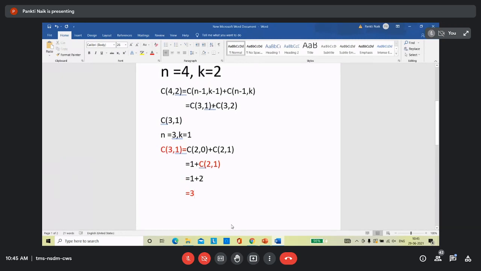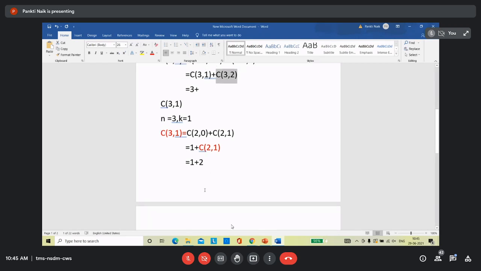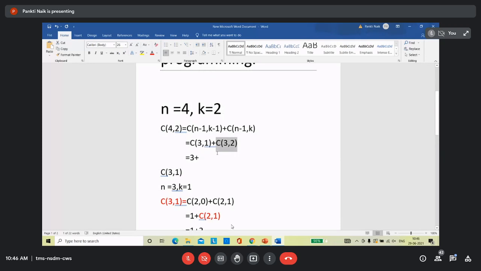Right? So we can write down the value of C3, 1 in this equation, which is equal to 3. Get it? Right? Now which sub problem's solution remains to be found? C3, 2. Right? So all of you find the value of C3, 2 and tell me the answer. Right? I have taught you how to do one sub problem. Right? Now all of you find the value of C3, 2. Right? And tell me the answer. What is the value of C3, 2?